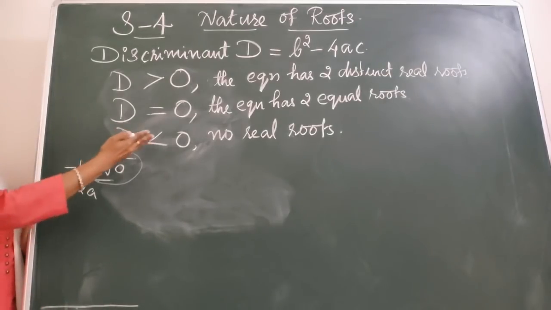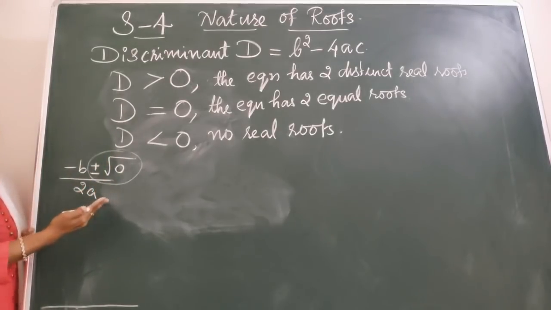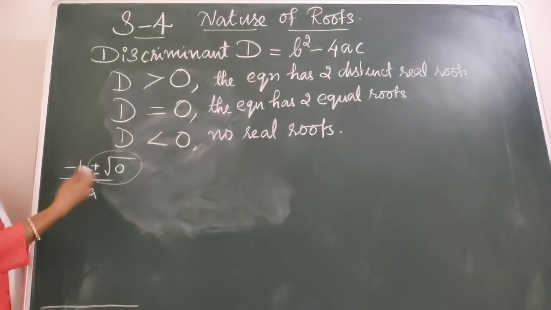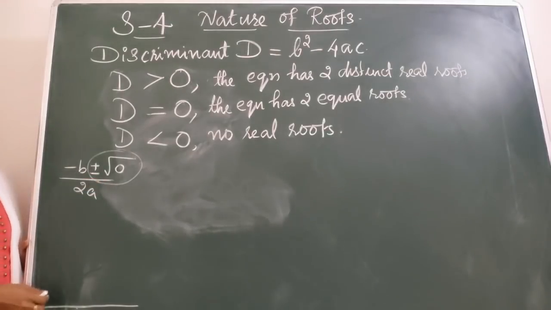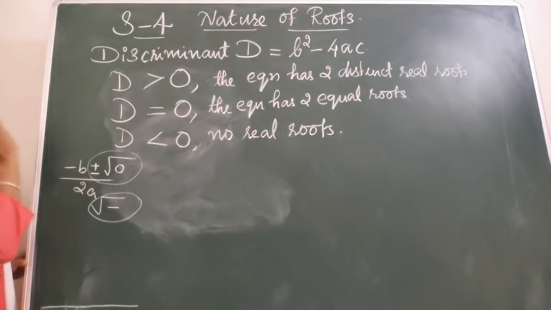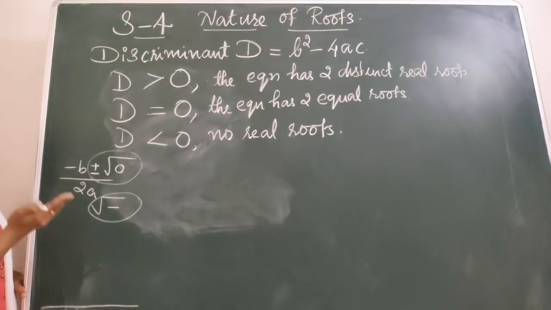And if it is a negative value, you have to listen. If you are getting a square root of a negative value, we haven't studied that up to now. There is no square root for a negative value, it's imaginary. As you know, minus 2 squared is also plus, minus 3 squared is also plus. So wherever we take the square root, we get only a positive value. So if the value under the root comes as negative, that is not possible for calculation. In that case, the roots will be imaginary. That means there won't be any real root. Concept is clear. That is the nature of roots.